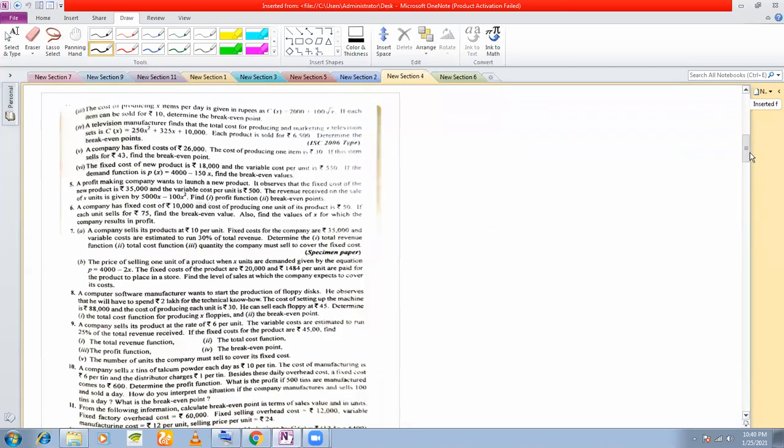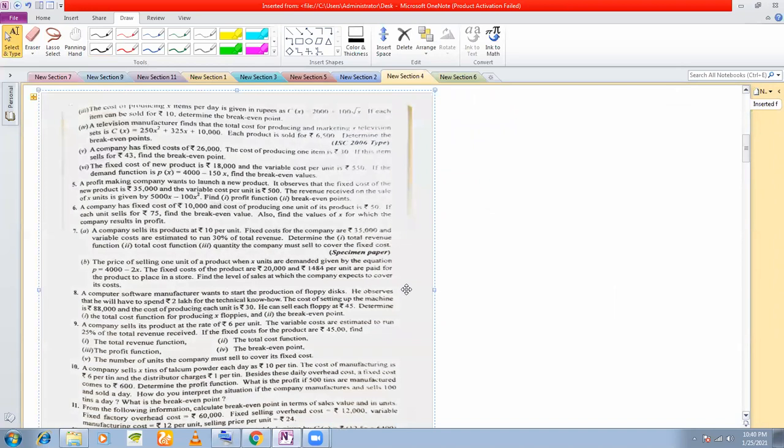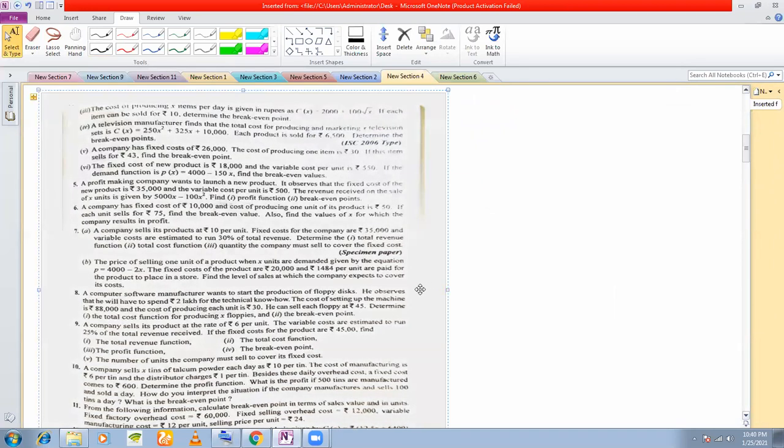Very, very easy sums you get from here. You just need to know the basics. Sir, from our book, this exercise is removed. Which exercise? All exercises are there. Sir, only the graph is not there. In the syllabus, the graph is not there. What is there in your new textbook?